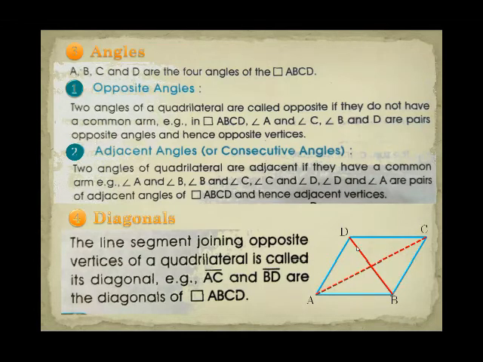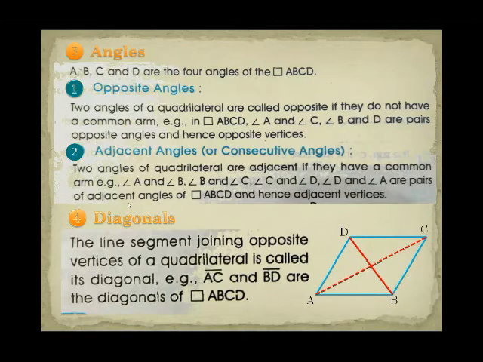They have the adjacent vertex. As you see, students, vertex A and vertex B are the vertices of the quadrilateral and they are adjacent to each other. Similarly, all the vertices which are adjacent: vertex B and vertex C are the adjacent vertices, vertex C and vertex D are the adjacent vertices, and point D to point A are the adjacent vertices.